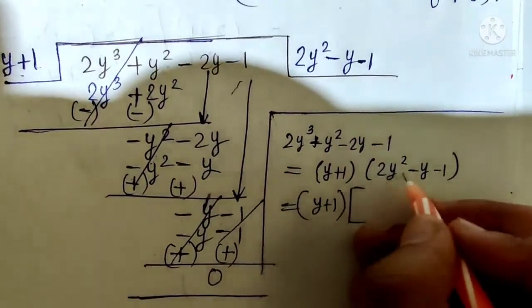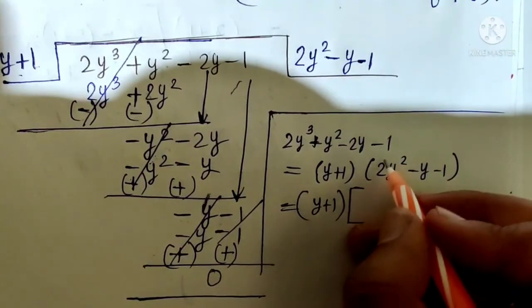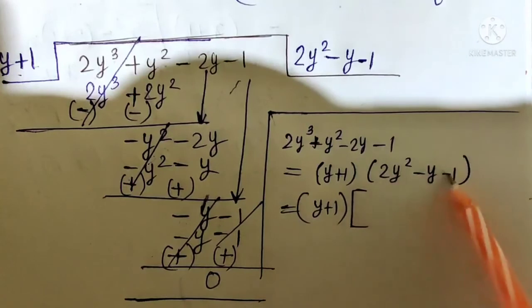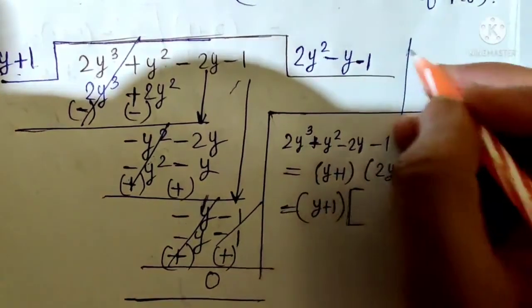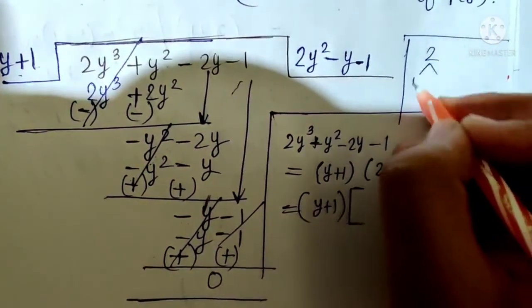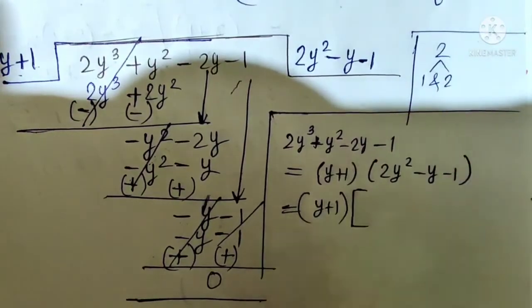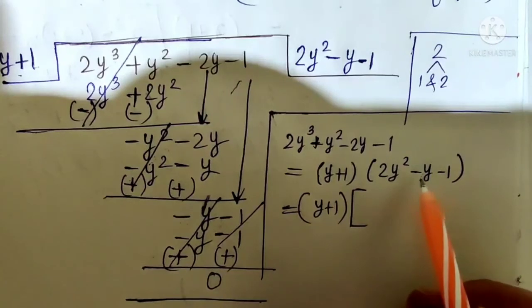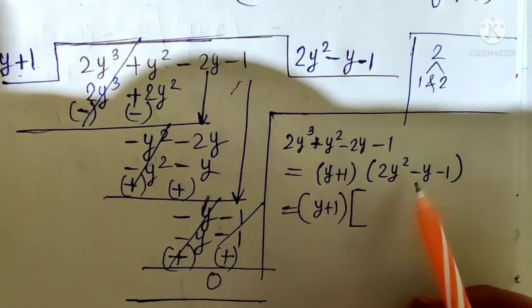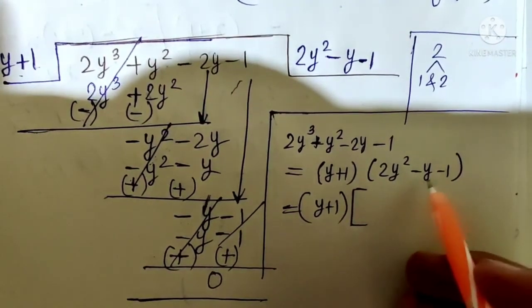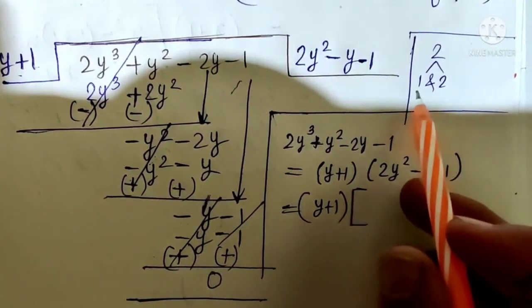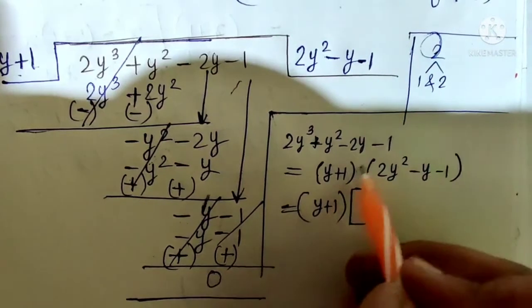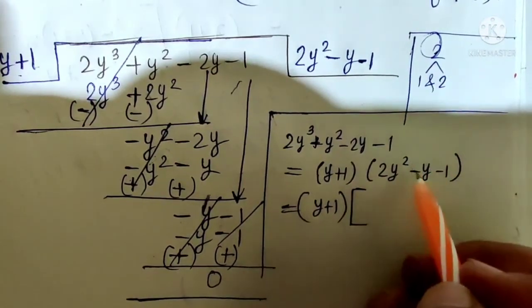It was 2y square minus y minus 1. So the same thing which we did in question number 4, we will try here also. So 2 multiplied by 1, what will come? 2. So we need factors of 2. What are the factors of 2? 1 and 2 only. Okay, 1 and 2. So 1 plus 2, no, we need 1 only. How much do I need in the middle? 1, because 1 y and y only. So 2 minus 1, okay, 1 will come, and 2 ones are 2. Our product is coming 2.